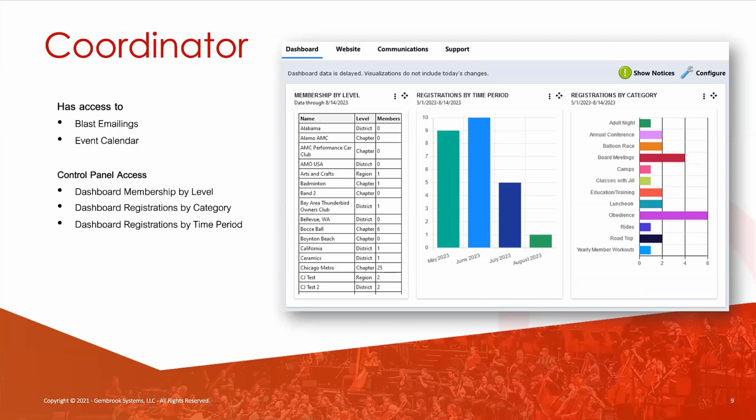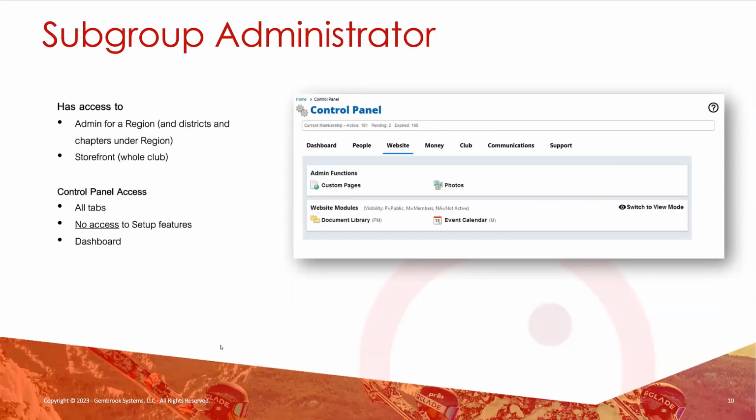But as you can see in both of these cases, they also both have access to the support tab. So as I mentioned earlier, whenever you have access to the control panel, even if it's just one feature in one tab, you will always have access to the support tab so that you can get the help that you need. And to wrap up, we've talked about subgroup administrators and all of the access that they might have